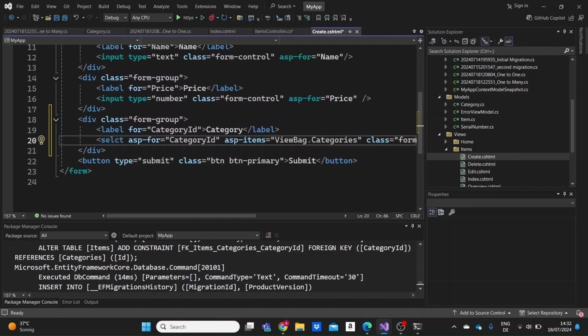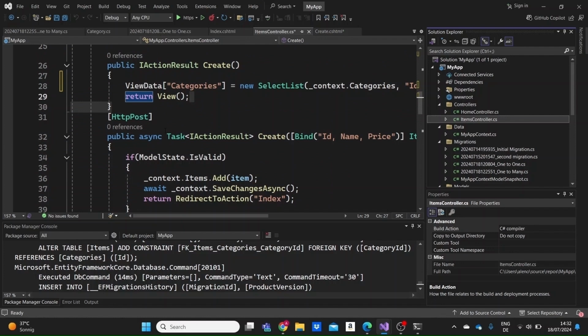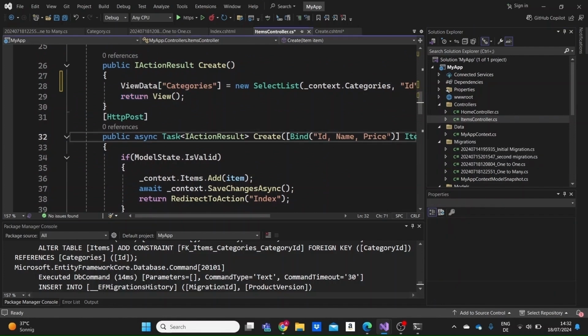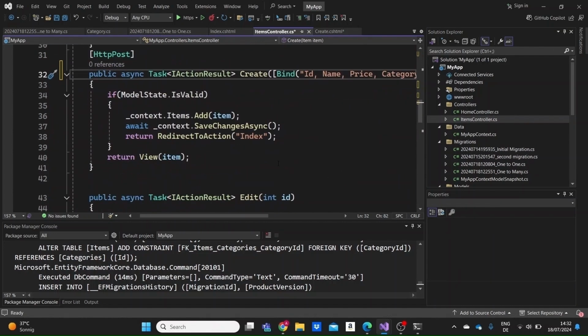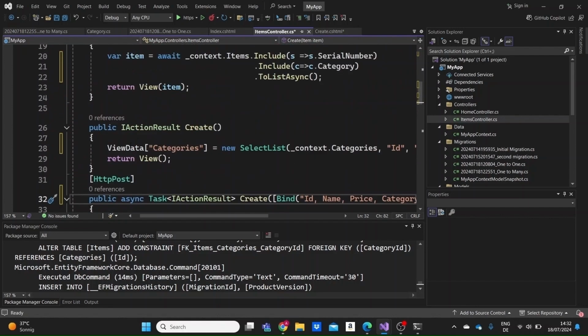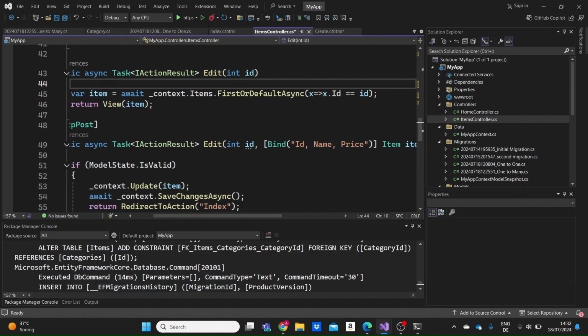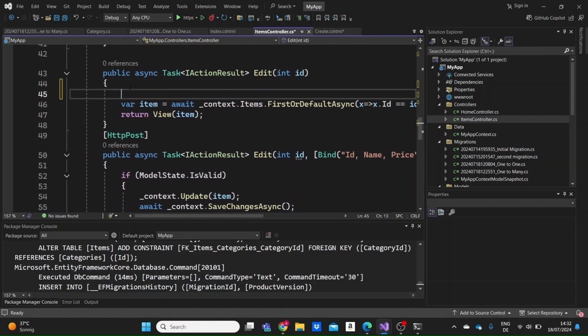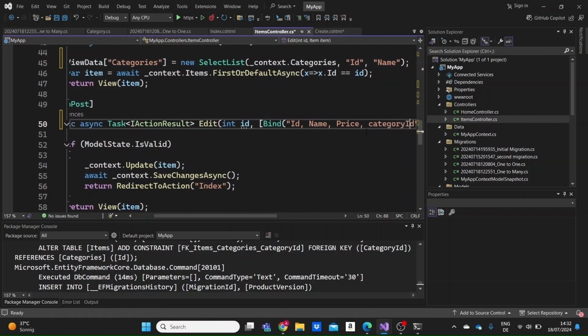What we should write in our view page, if we go back to the controller. Now, if we go to the post action method, we need to bind here the category ID that we'll take from that select list as well. And we could leave it as it is now, but we can do the same thing and modify the edit page as well, so that for the items where we haven't specified the category, we can edit them later. So I'm going to need this view data dictionary here to input in the edit method, in the edit action method. In the post method, we can include then the category ID,